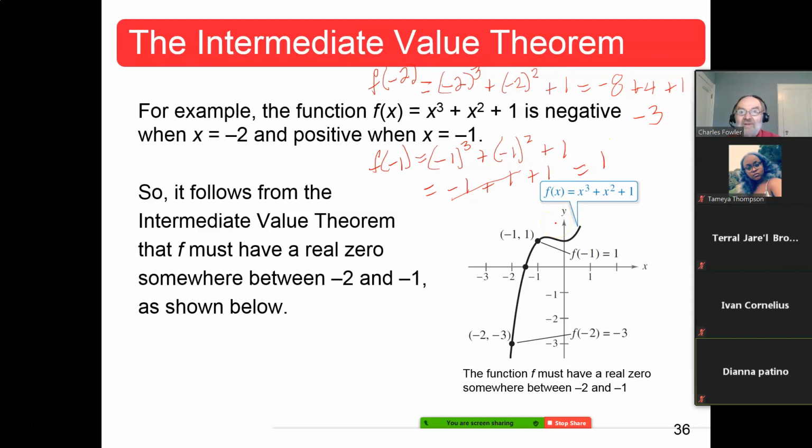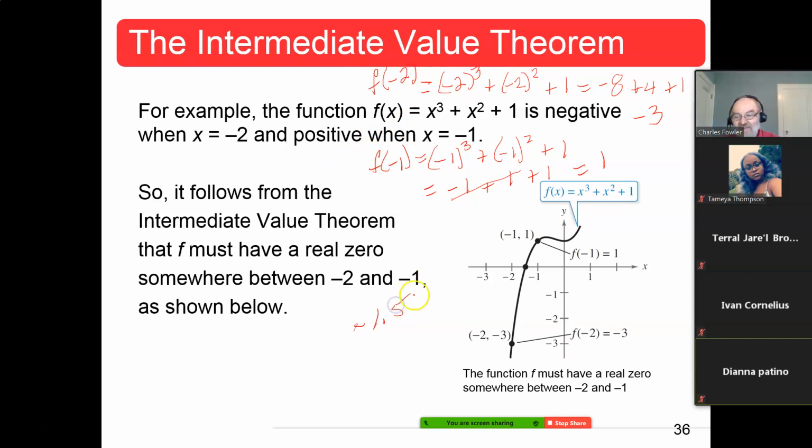Guess what, team? F at negative 2 was a negative number. F at negative 1 was a positive number. Somewhere in between x equals negative 2 and x equals negative 1, see, here's the negative 3 down here, here's a positive 1 up here, there has to be a 0. How do you find it? Well, there are several techniques. Basically, what I would do is pick a number in between negative 1 and negative 2, like